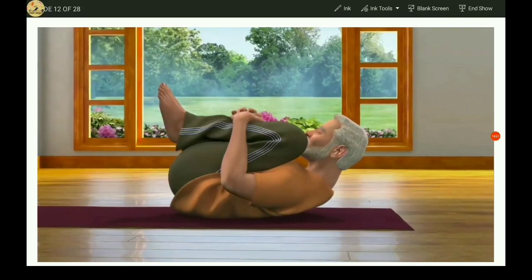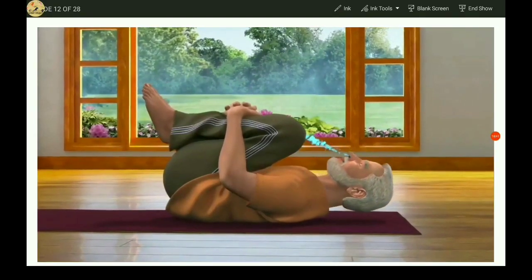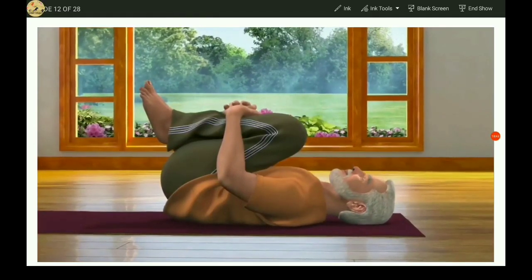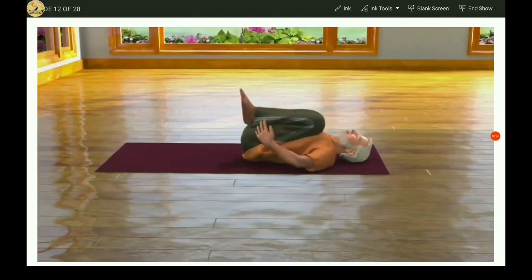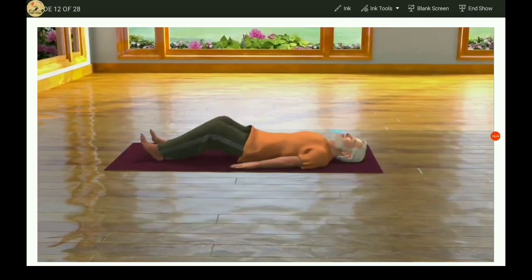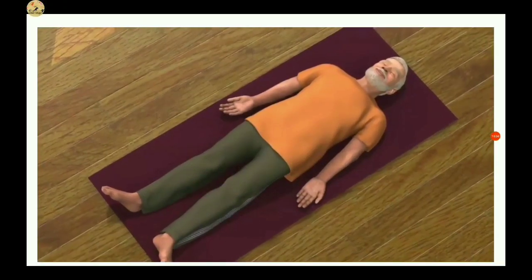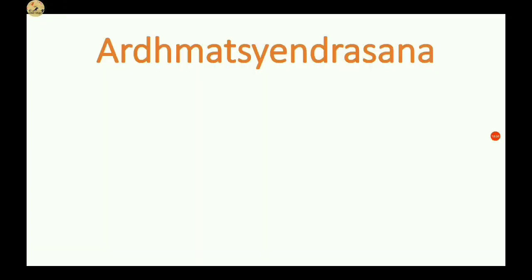After staying in this pose for some time, while breathing in, rest your head and shoulders on the floor again. Now, while breathing out, straighten your legs, keep them on the floor, come back to the Savasana pose, and relax. Very well explained the procedure, benefits, and contraindication of Pavan Muktasana.